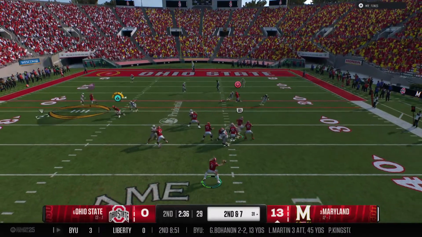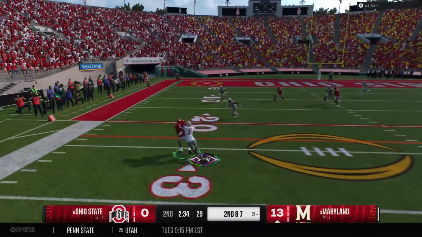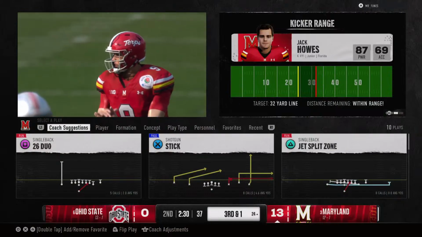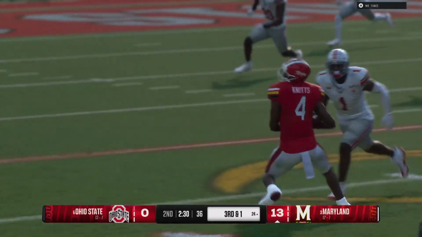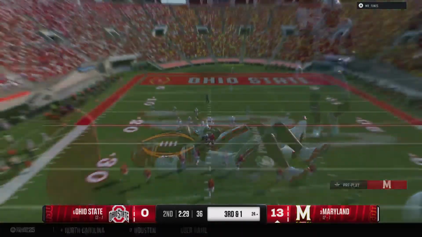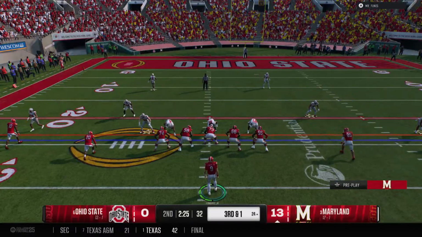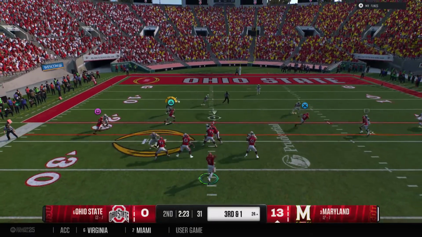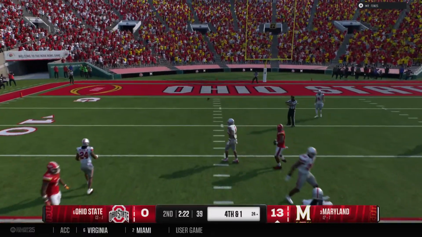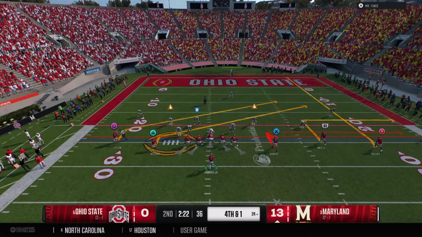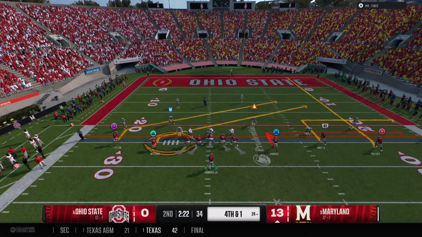Looking to pass here on 2nd down. Receiver makes the catch. Tackled quickly after the catch. He'll be short of the marker. You see more and more offenses in college football going to 3 receivers, and the slot receiver a lot of times can become the go-to guy. He gets mismatches against either safeties, a nickelback, or a linebacker walked out that you can take advantage of. And the Terrapins hustle to the line to run the hurry-up.